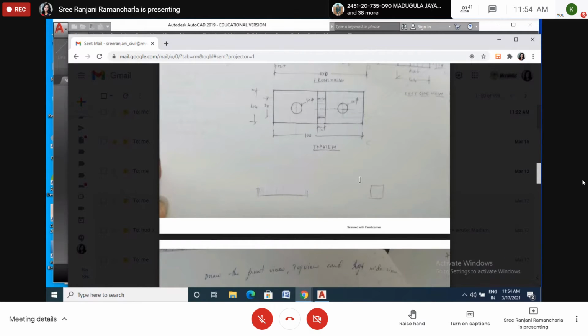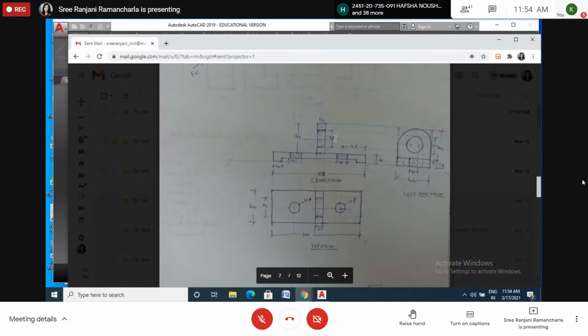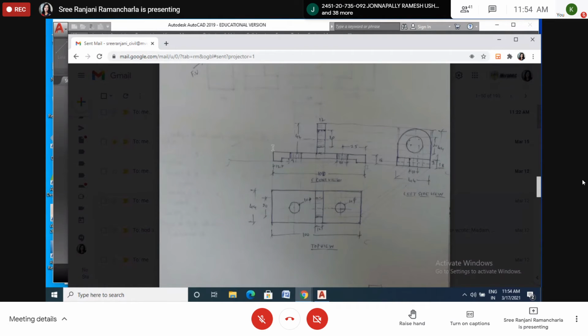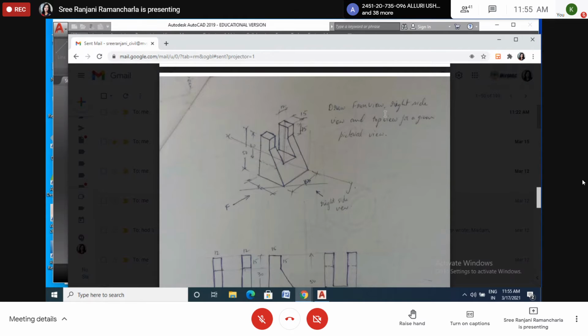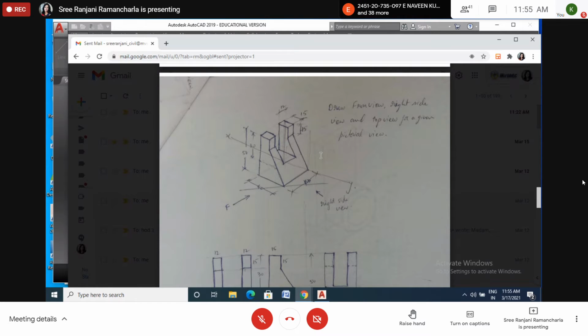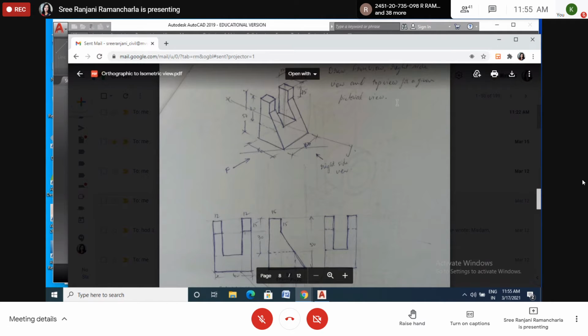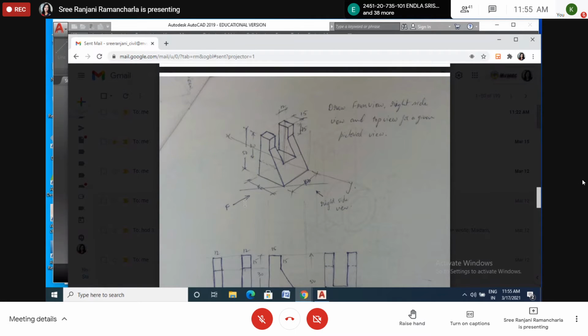Okay. So this is one. The same thing I drew here. If you want to look at this left side view, if the observer is here, then this is the left side view. You draw on the right side. Okay. Now here, draw the front view, right side view, and top view for the given pictorial view. So this is an isometric view of this solid. Okay. So front view. See the direction. Which one is the front view? So this is the front view. They will specify which is the front view. So this one is the front view.